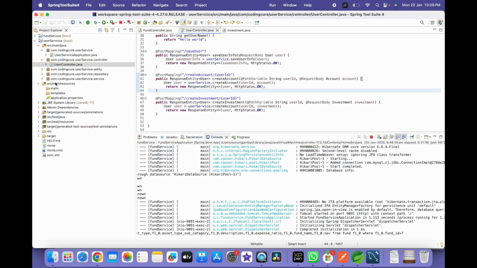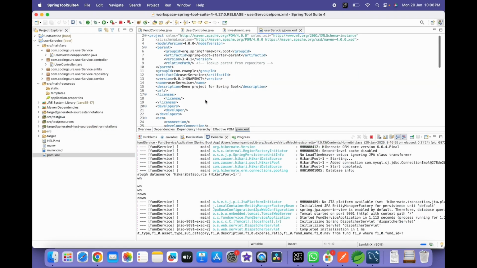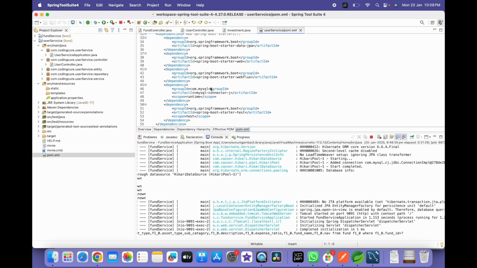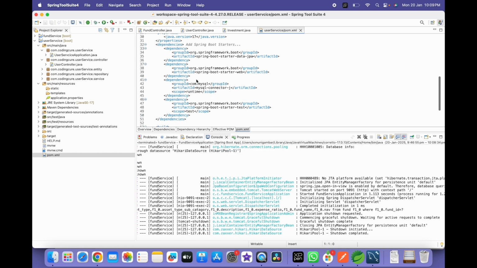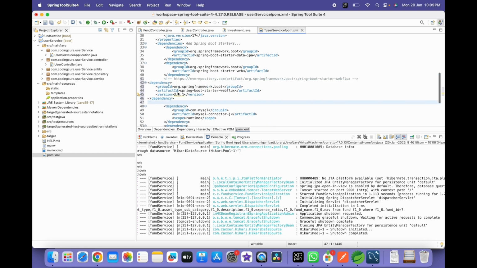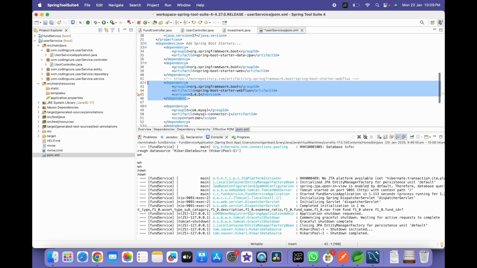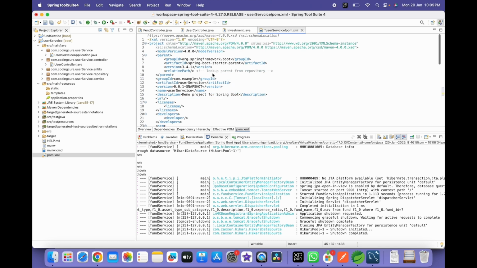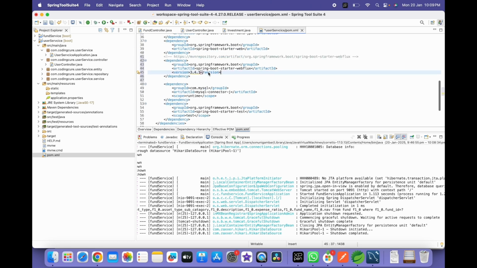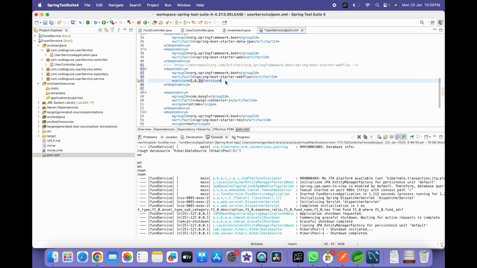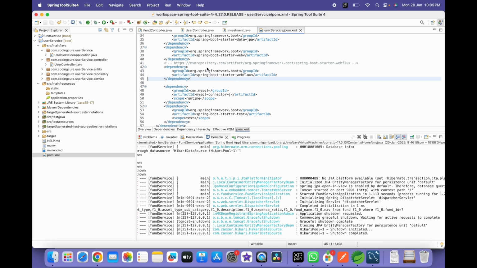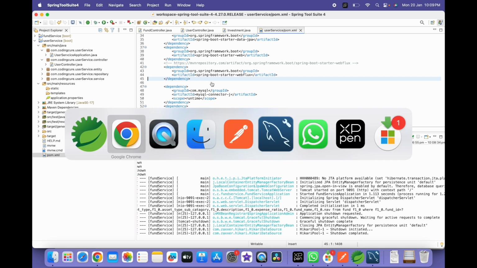Copy, and here in pom.xml, I'll add the dependency. Okay, version is not required, we are already using 3.4.1. Yes, it is not required, we can remove this one. Okay, now the WebFlux dependency is added. Now we'll create the